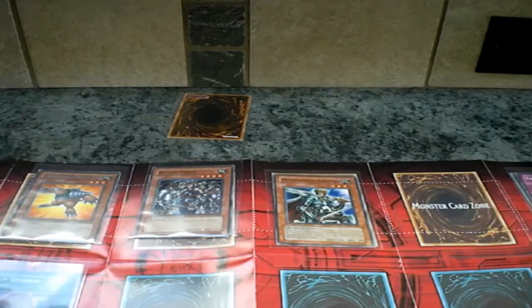If anything, I'll probably go into more technical stuff, like when stuff gets activated, or certain card effects and